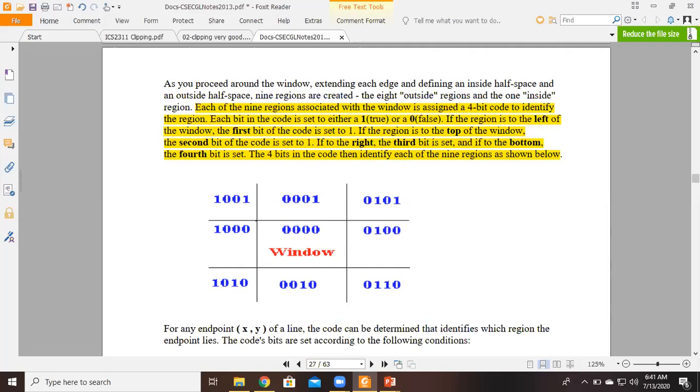and where's the right. So basically, for the left, the first bit code is set to 1. The top, the second bit code is set to 1. The right, the third bit is set to 1. And the bottom, the fourth bit is set to 1. So here you see this is the fourth bit, this is the first bit, this is the third bit. We can look at it. First, 1, 2, 3. So first bit,